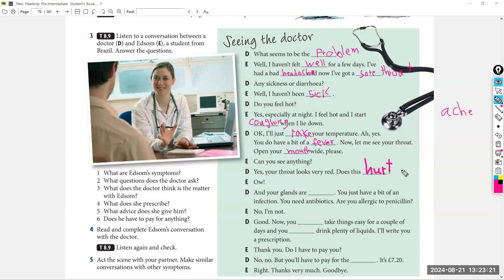Okay, And your glands are swollen. so your glands are swollen because of infection. So